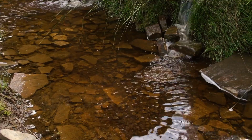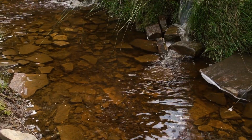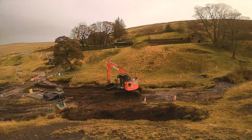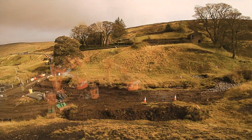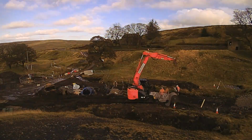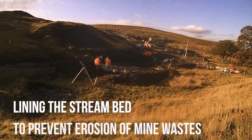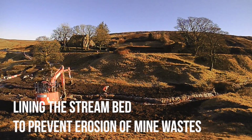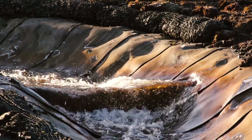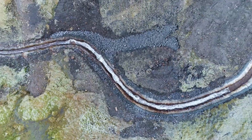And then the water runs straight across the existing access track. So we need to make that physically stable so that the water goes back underneath the track again in a proper culvert. And then we're putting in place a concrete canvas lined channel to hold the water in its correct alignment and transport itself straight down to the bottom of the valley without coming into contact with contaminated materials and